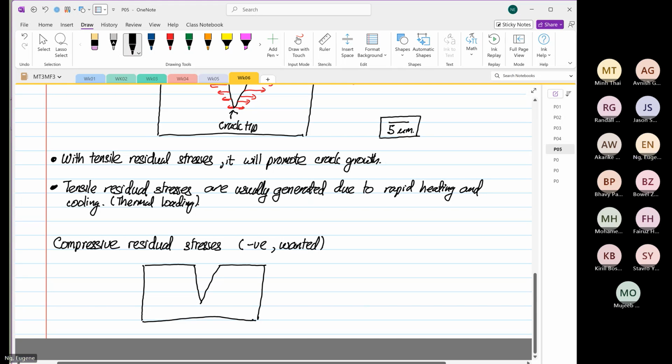So what happens here is the compressive stress will want to push this inwards. And this is a good thing. Now, same thing, the applied stress is 0. So compressive residual stress, and if you have a crack tip,